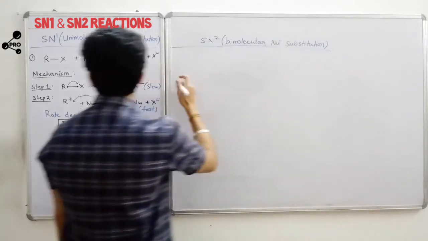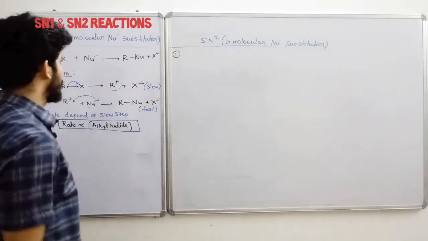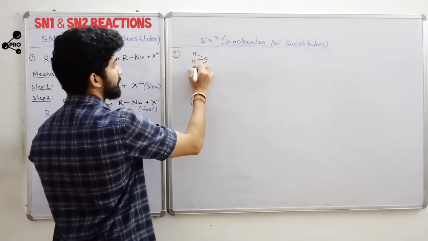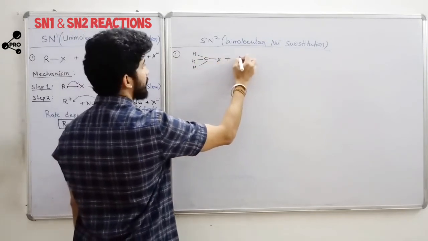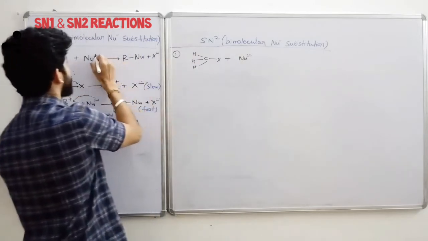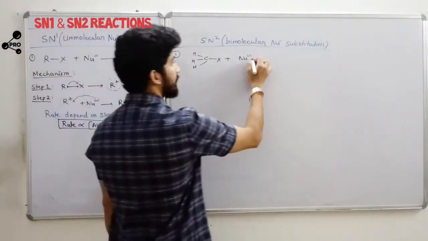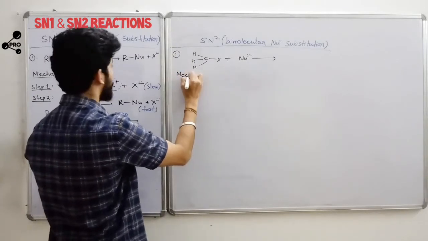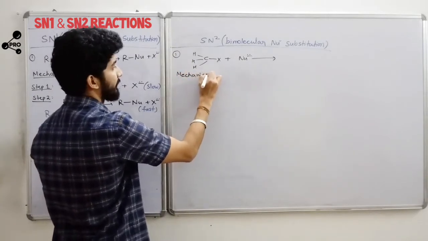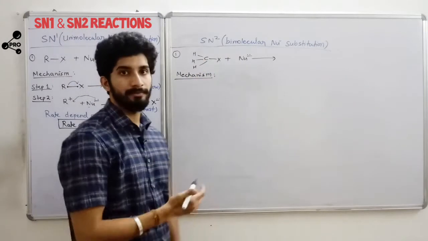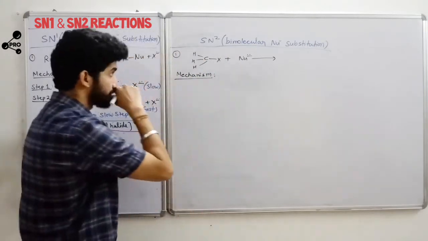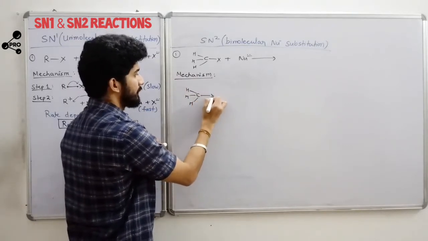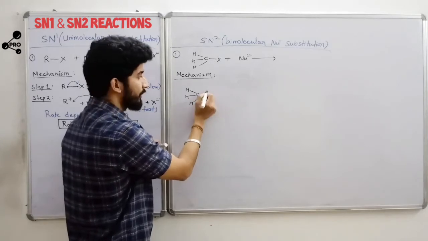On the other hand, if we talk about the SN2 reaction, suppose we take the same example, a methyl group with a halogen, and we add a nucleophile. What will the product be over here? Before writing the product, I will explain the mechanism. How does this SN2 mechanism proceed? For this we have to understand a simple and similar concept. What is going to happen here?